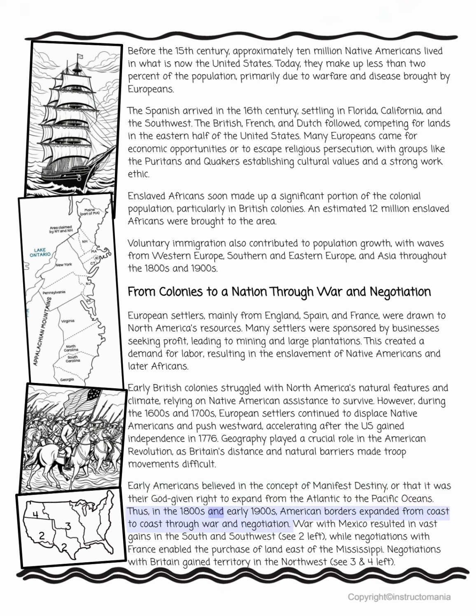Thus, in the 1800s and early 1900s, American borders expanded from coast to coast through war and negotiation. War with Mexico resulted in vast gains in the South and Southwest, while negotiations with France enabled the purchase of land east of the Mississippi. Negotiations with Britain gained territory in the Northwest,